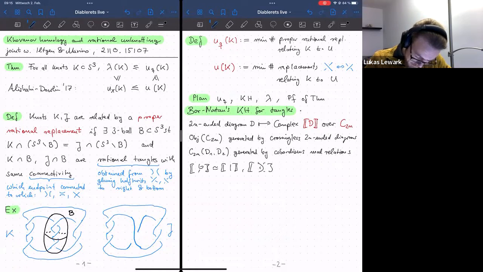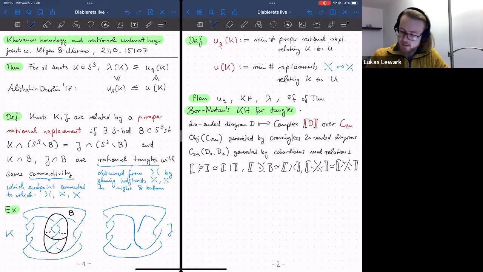This is homotopy equivalent to this, and also for Reidemeister 3, this is homotopy equivalent to the complex of this tangle. And finally,